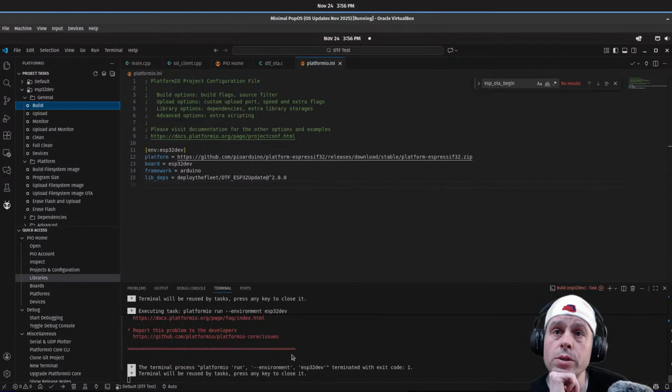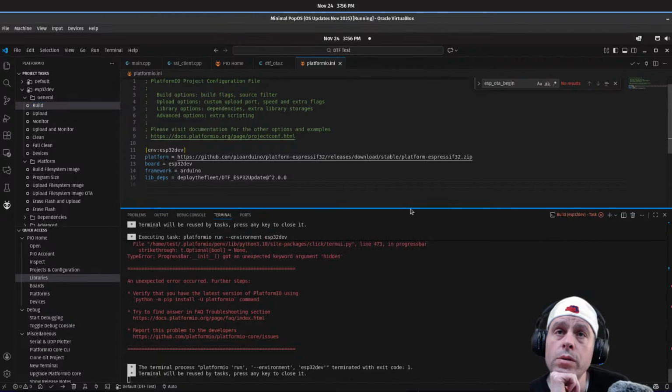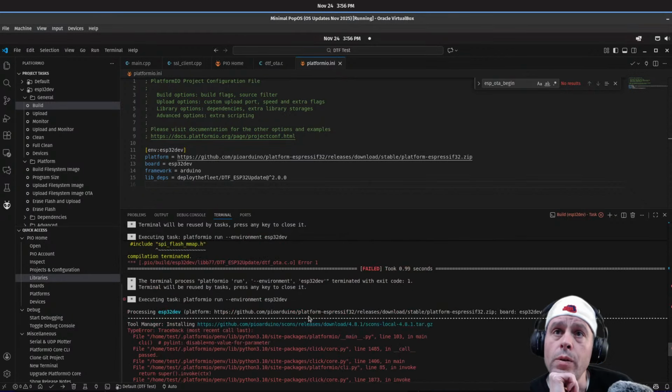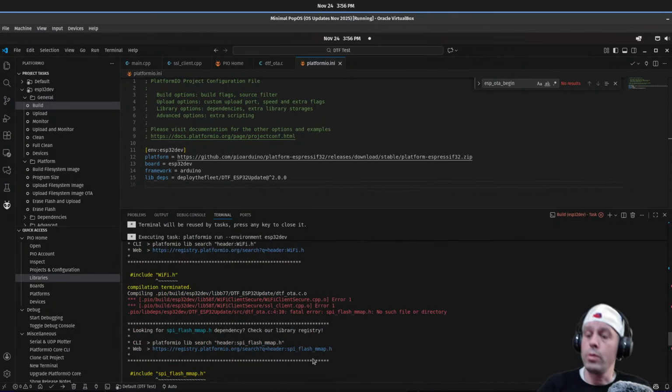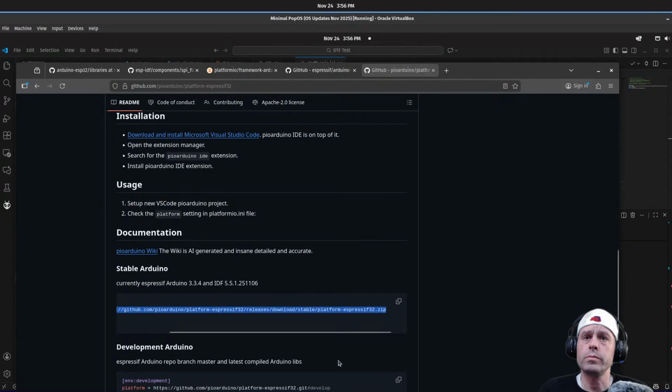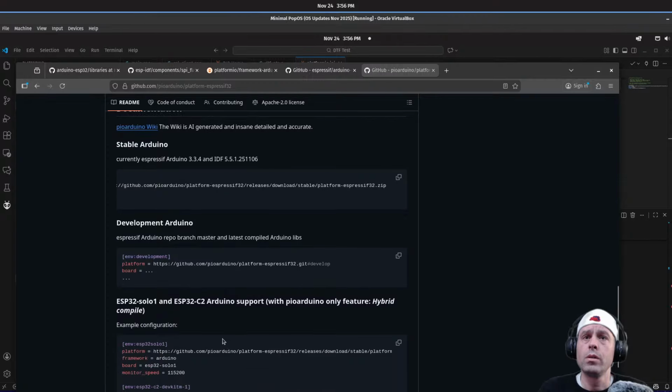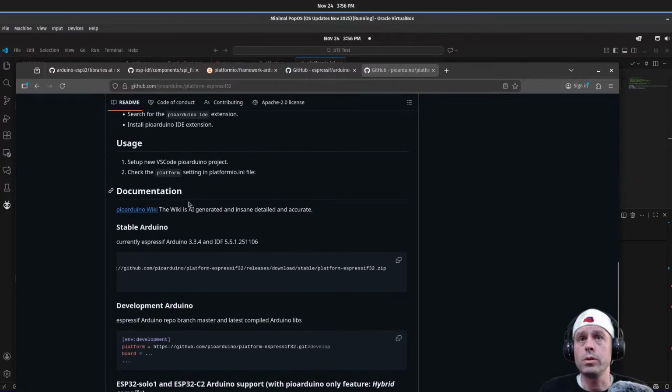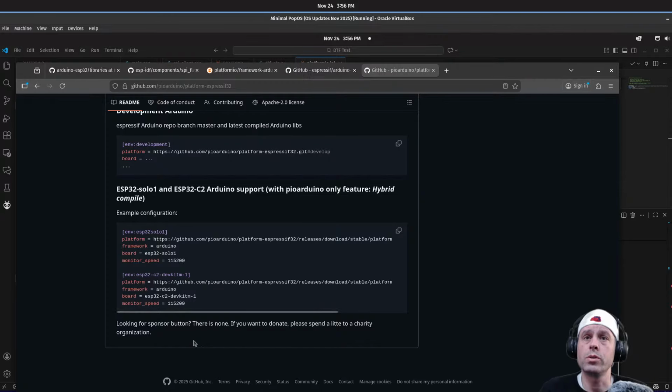I mean, I have the extension installed. Okay, I don't know. I've hit a wall again. So this is how we include it. Check the platform setting. That's all it is for usage. So I don't know.